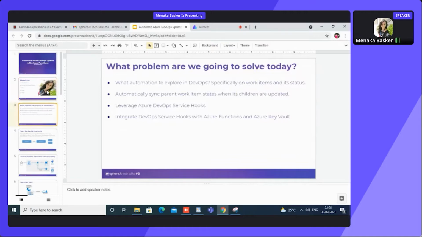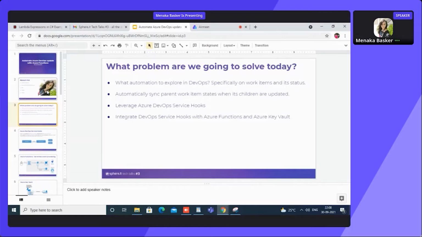So, what problem are we going to solve today? In today's scenario, how can we automate DevOps functionality? DevOps itself is an automation, so in what ways can I increase the productivity of DevOps? Specifically on work items and status, because this is a main area we fail to look after. Many of the big items are already automated and the effectiveness is growing day by day. But for the small things we do manually today, if we automate them, how will the productivity increase, both in DevOps as well as in serverless terms.